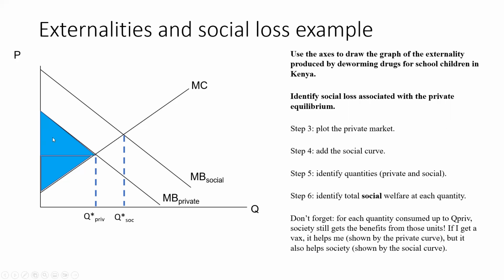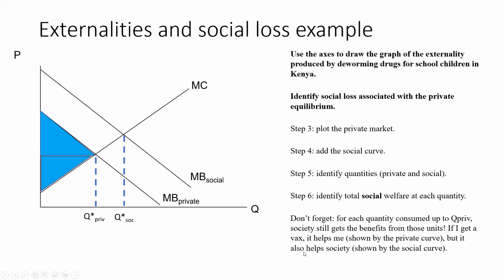This upper one is consumer surplus, as you know, and this bottom one is producer surplus. That's what you'd find in the private market. Those represent the private consumer benefit and the private producer benefit. But don't forget that when you're dealing with externalities, society gets the benefits of all of the quantities that are consumed, or in the case of a negative externality, it gets all of the costs of the quantities that are